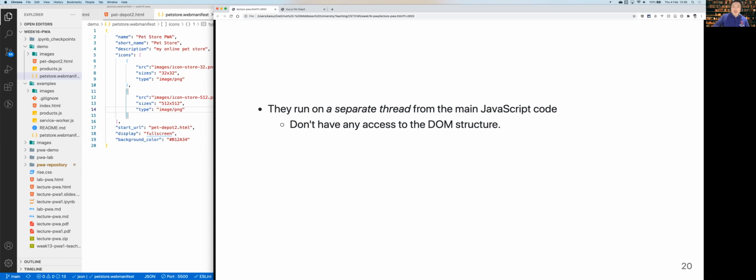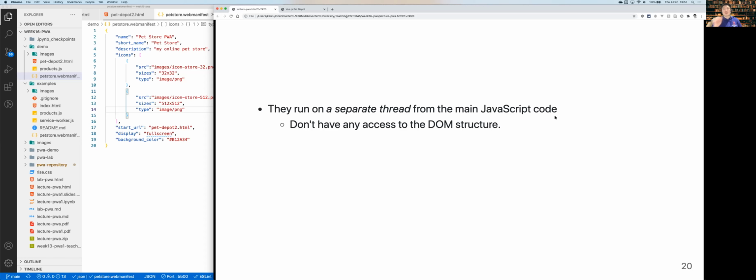Okay, and then to make full use of multiple cores, you can have each core run a separate task, and this is called a thread. So for example, the first core is running the task of retrieving the HTML file, and the second core is running the task of drawing some symbols on the screen, etc. So that's what thread means here, and then the service worker will run on a separate thread from the